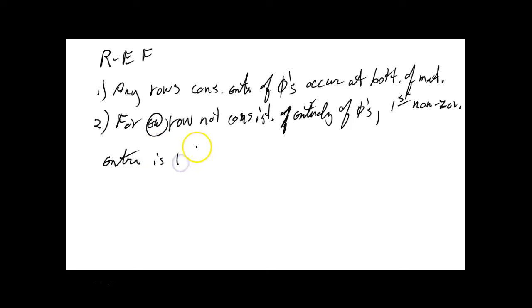And that's called the leading 1. So every row that's not all zeros, the first non-zero entry has to be a 1, and it's called the leading 1. And then 3, for any 2 consecutive non-zero rows,